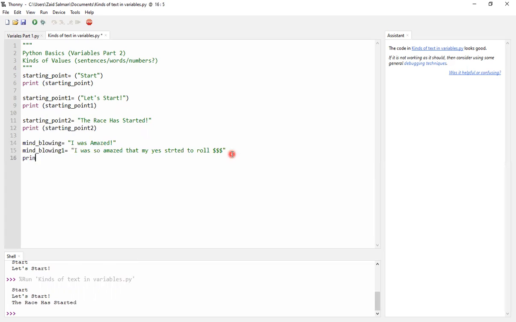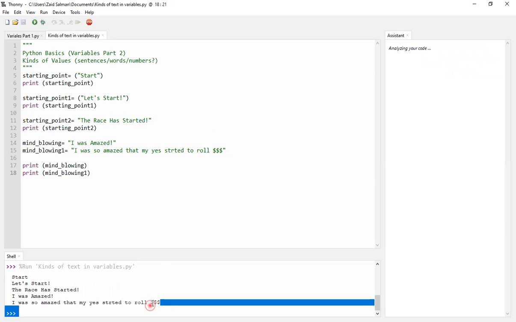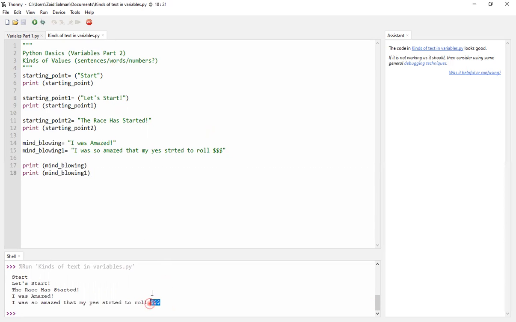We'll see by printing it. Okay, so what's this? I'll print it, mind blowing, and I'll do print mind blowing 1, and I run. So you can see that I can also have dollars, dollars, dollars here,